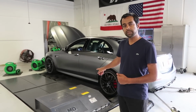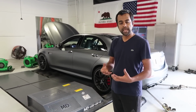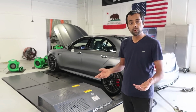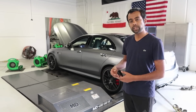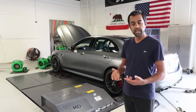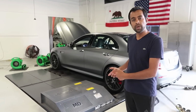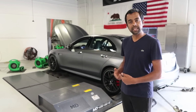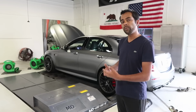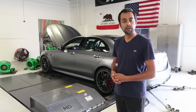Yes, so the Mustang dyno, which puts a load on the car, will typically put out numbers which are closer to what the car is putting out on the road. And one way to check that is to actually run the car on the road in 4th gear, which is a 1-to-1 ratio, and log the ignition timing. Then put the car on the dyno and run it again with a load setting that mimics the same ignition timing as it did on the street. And that way you'll actually replicate as close as possible